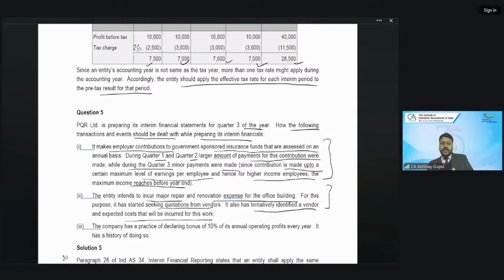Right? Second matter. Third matter. The company has a practice of declaring 10% bonus on its annual operating profits every year. It has a history of doing so. Right? Now, while preparing the interim financial statements for a particular quarter or for a particular period, how these three